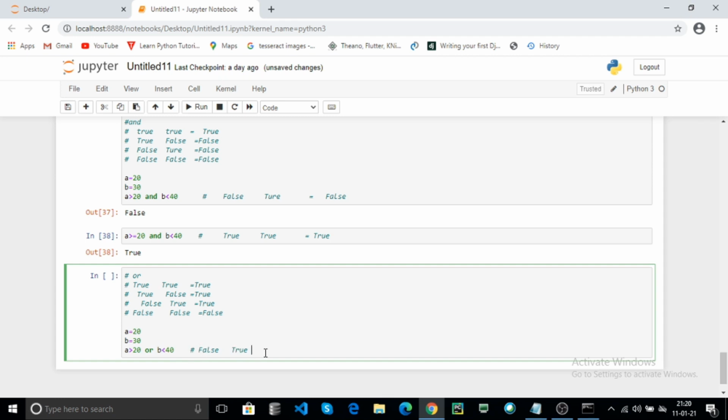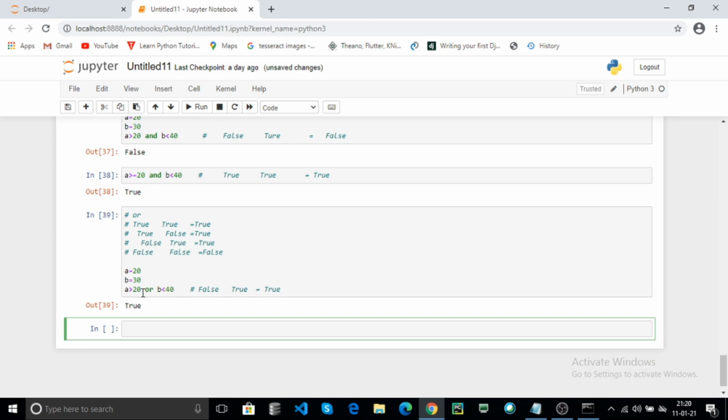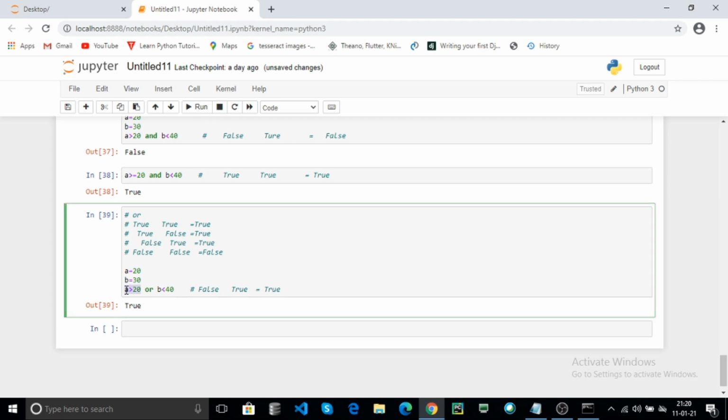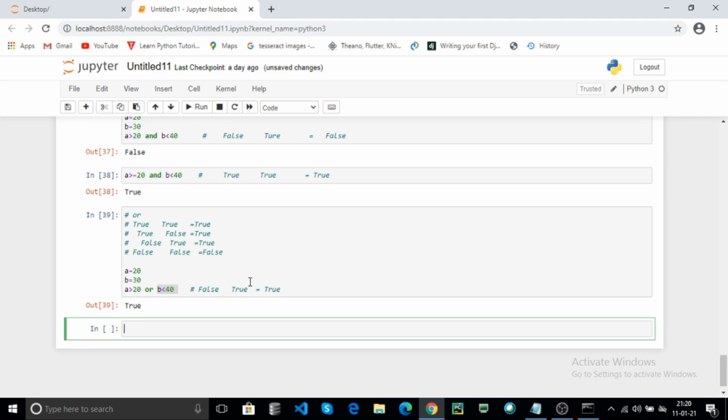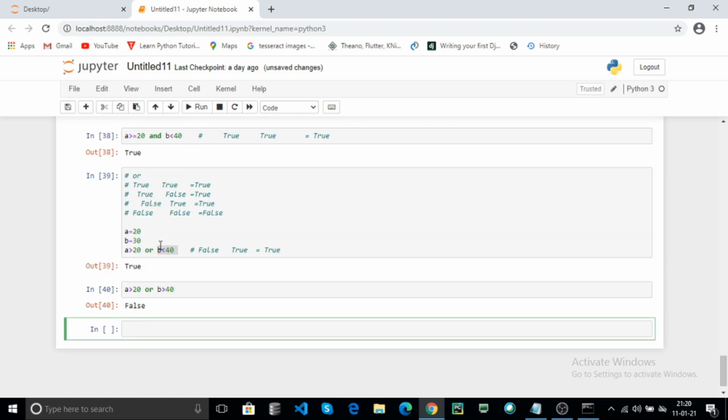False or true is true, the result is true, because if any one condition is true, it returns true. If both conditions are false, for example b greater than 40, it returns false here.